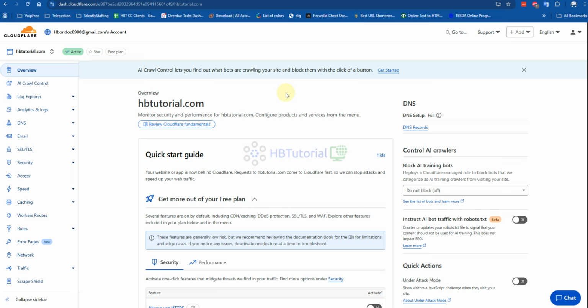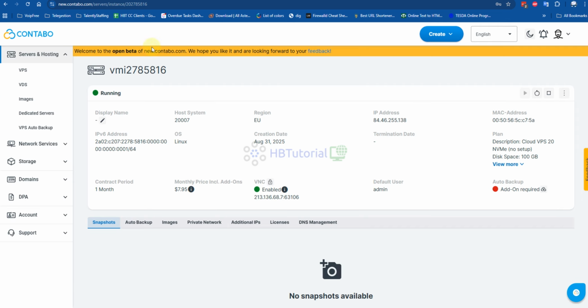Okay guys, so for today's video, we will continue our setup for the WebRTC. Yesterday we have done the basic installation for the Contabo server.